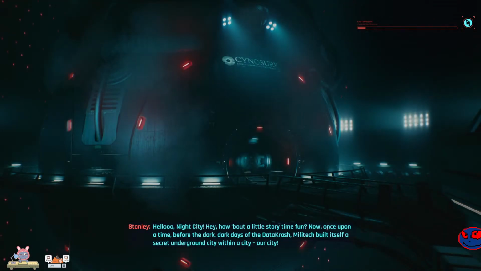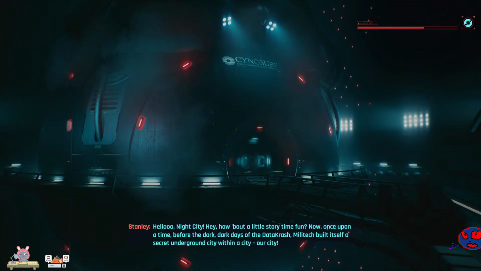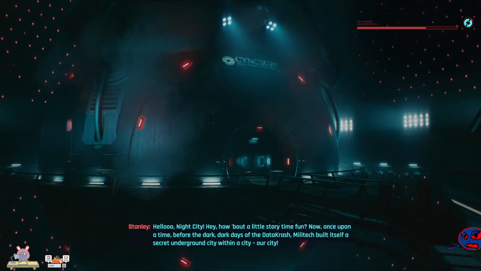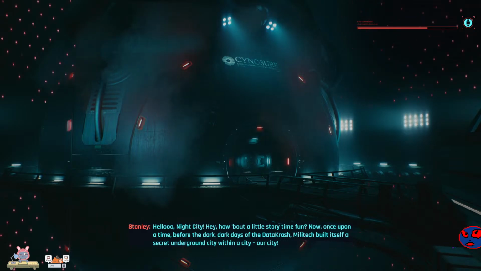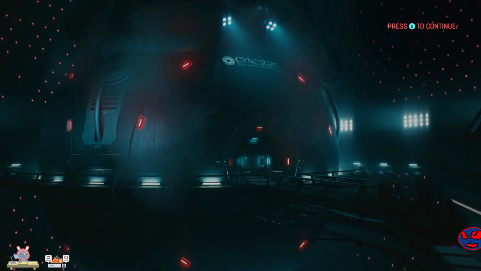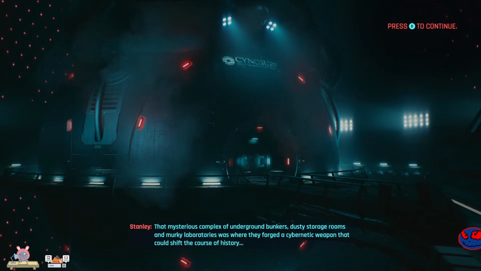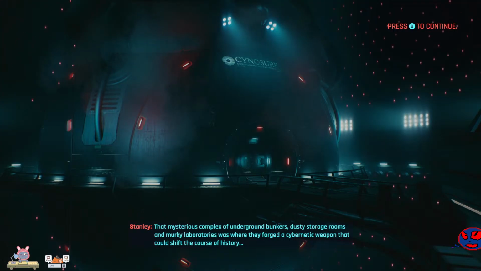Hello, Night City. Hey, how about a little running around in both AC Shadows and Cyberpunk. There's another game that I haven't installed this mod to, and I should when I have the time. There'll be Star Wars Outlaws. Star Wars Outlaws was using FSR3 frame generation. The problem with Star Wars Outlaws is that it hates mods. It hates mods. I tried to just drop in some new DLSS DLLs to update the DLSS, and even that